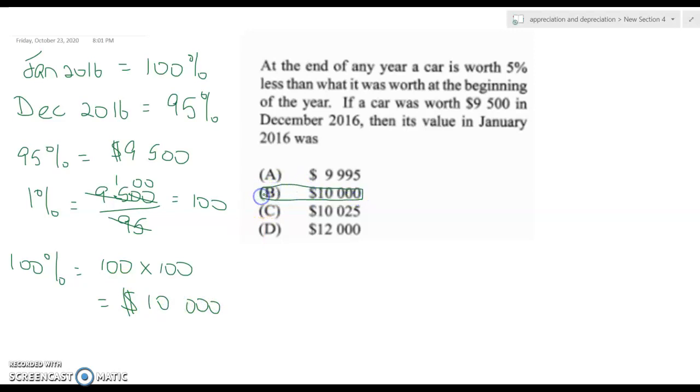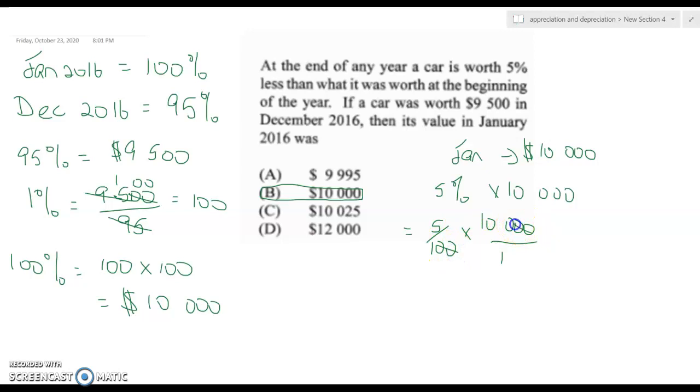Now, there are other ways you could do it as well. You could use the options. You have the answers you were given to figure out what was the answer. So let's just choose B, right? Let me say, okay, you thought B was the answer right away. Then, if in January it was worth 10,000, 5% of 10,000 is 5 over 100 times 10,000. Cancel the 2 zeros. So that means at the end of that year, 2016, it will be $500 less. So that means December, at the end of the year, would be the $10,000